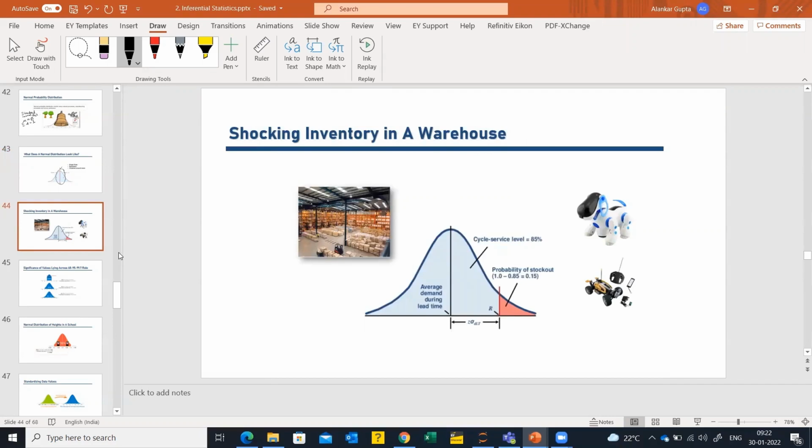Right, so in the normal distribution, we will understand something called the confidence interval as well. Confidence interval is how much data is present in a particular interval, and we'll look into the percentages in the next slide as well. But for now, we have to understand that based on the Z score, we can calculate the confidence interval, CI. We will calculate this today with one of our cases in the central limit theorem.